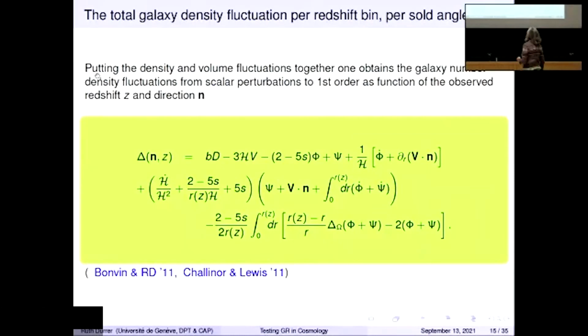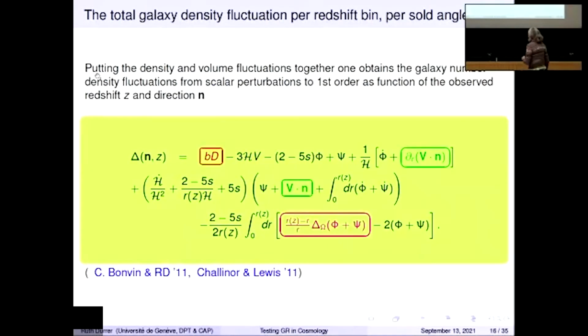If you calculate it within general relativity, you get this type of formula, where I will just explain a couple of the terms here, not all of them. This is the galaxy density fluctuation, which you expect to be there. This term is the so-called redshift space distortion, which comes from the Jacobian transformation from volume to redshift and angles. This first factor here comes from the Jacobian transformation from distances into angles.